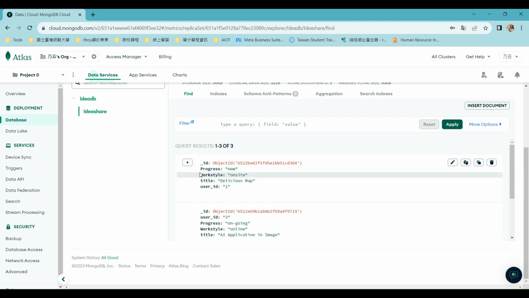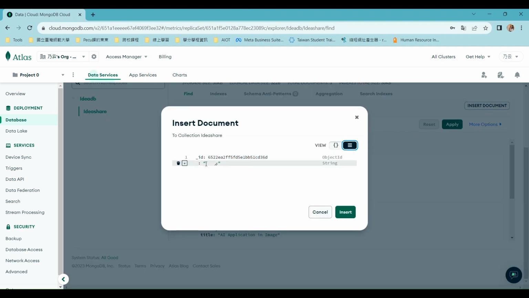Other columns I just made, like progress, word file, title, and also user ID. It's what I make it. And how we make the fake data, we can use the button here, insert a document, and here will be the editing dashboard where instead of the dash ID, we can put what we are going to store, like the user ID here,